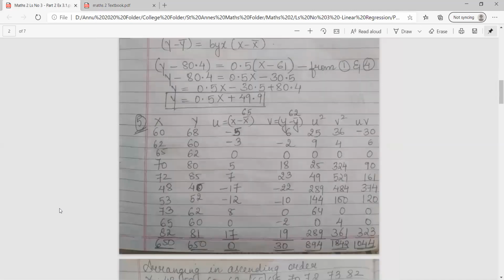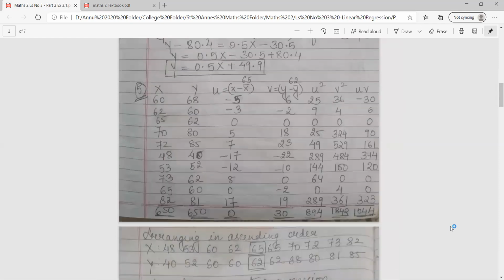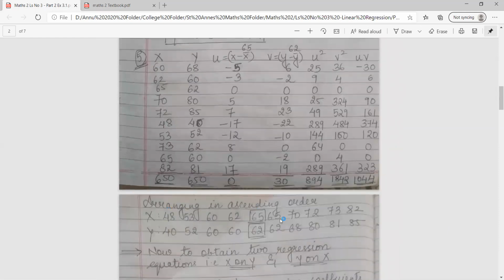So the first step is, class, you will write down the values of x and y and add the total of the particular column. After that, arrange both the values of x and y in ascending order. Now in this case, class, there is an even number, 10. In the previous sum, as the number was odd, it was very easy for us to choose our median.